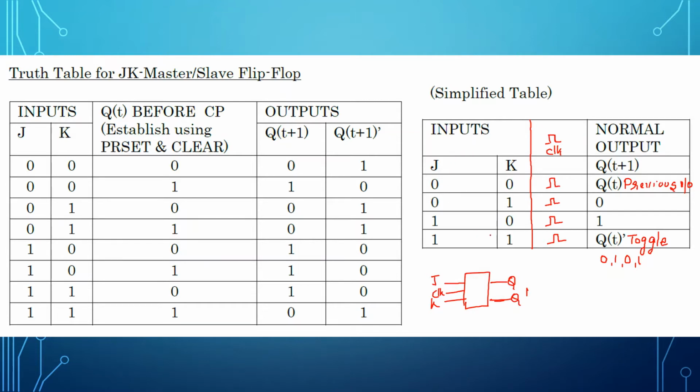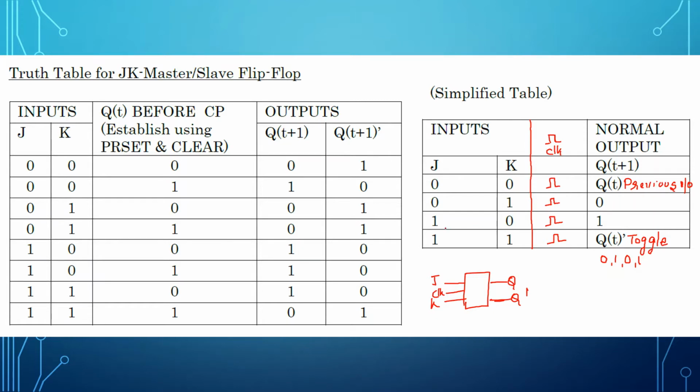For 0 and 0 and a clock input, it should show you the previous state. Previous state can be either 1 or 0. Whatever data has been stored in the flip-flop will be exhibited to you. It will not take any new data. It will just show you the data that has already been stored. When it is 0 and 1, and if you press the clock input, it will go to set state. Set state means all the data will be cleared up.